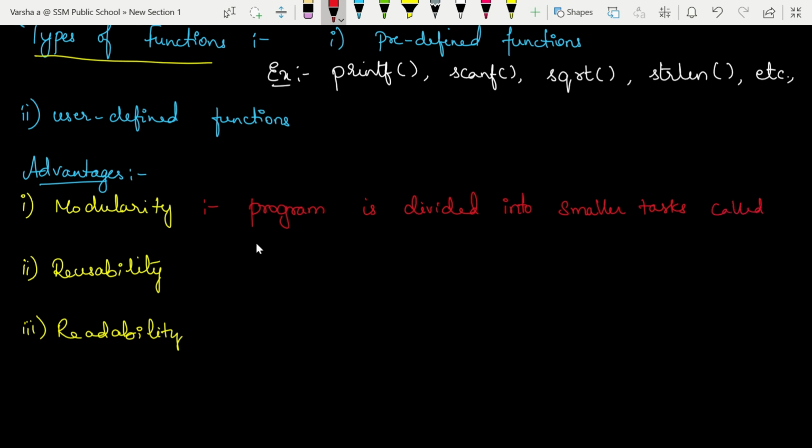Once the entire program is divided into subsections called modules, you can assign each module to a different developer. Say in real time, when you are working on a project, you are not going to do it alone, right? You will have a team to help you, or it's teamwork.